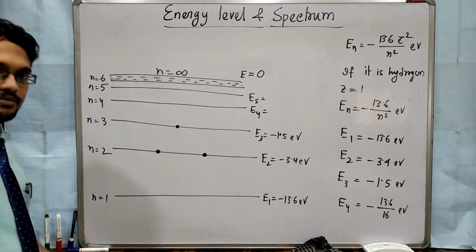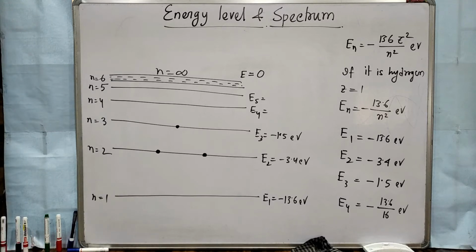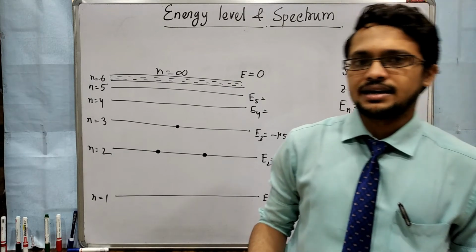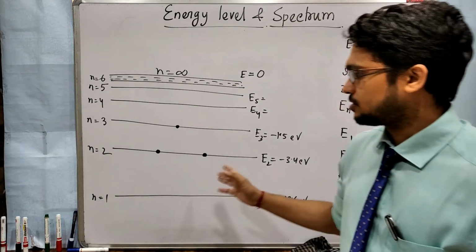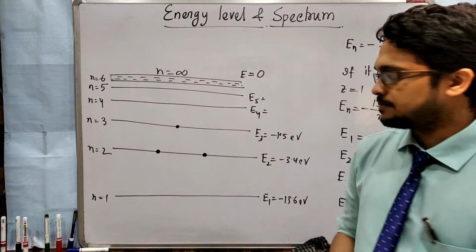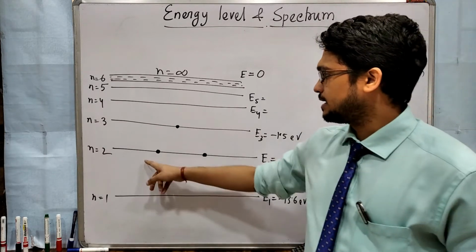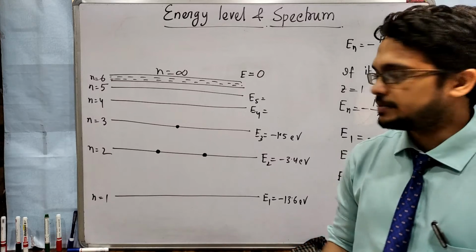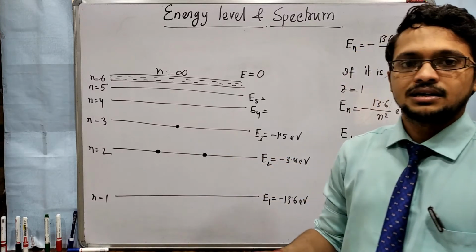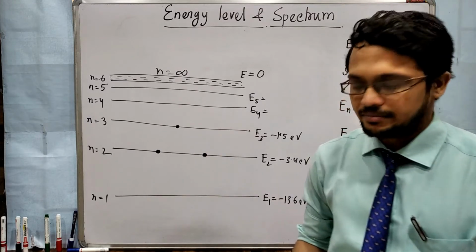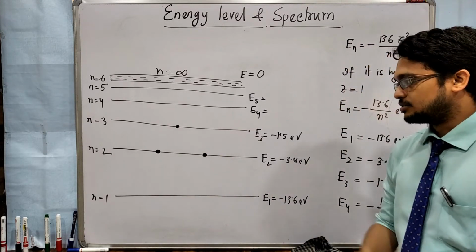So this is the energy level. Now the spectrum. At room temperature, all the electrons will be in the ground state. That means in n equal to 1 there will be 2 electrons, we all know. N equal to 2, you will get a number of electrons. In this way a number of electrons can be held by any particular level. So that is the ground level.